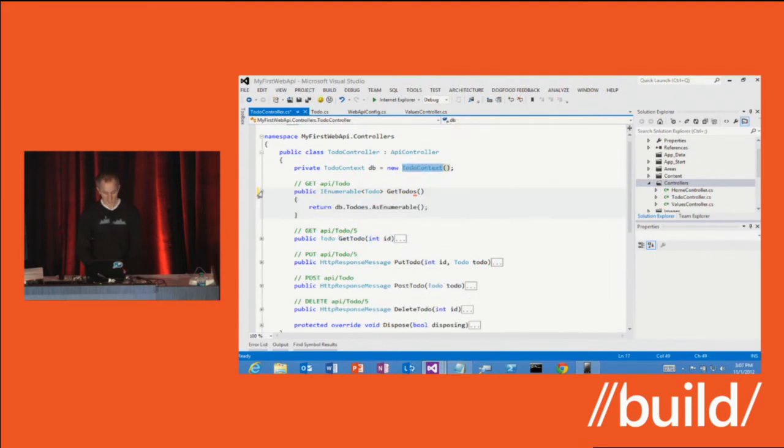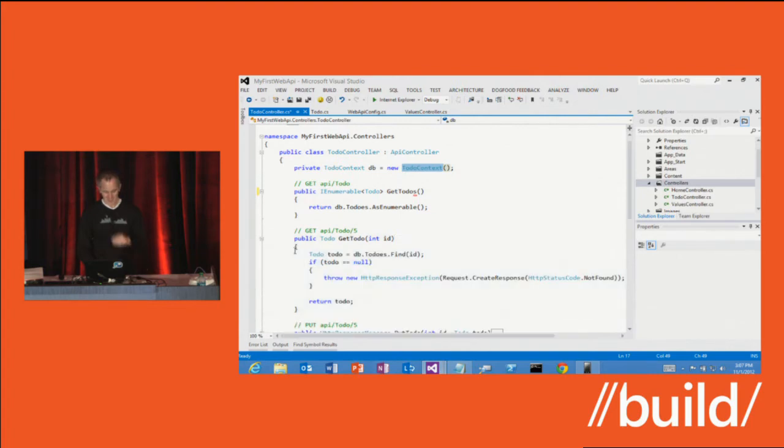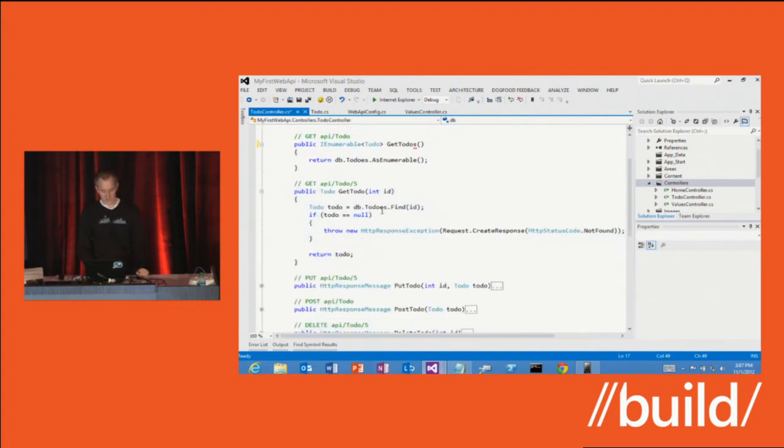All right. So let's look at some of these implementations. I mean, getting all the to-dos, that's really simple. It's just going to get the to-dos. For getting an individual to-do, it's doing a find by ID. Now, this is a little bit interesting. This action is returning a ToDo like you would expect, but there are some error conditions that you need to be able to handle here. Like maybe that item doesn't actually exist, and so you want to return an actual HTTP error response with a real error code. There are two ways I could do that. I could just return an HttpResponseMessage and set the right status code and do whatever I want in that response message. That would mean I'd have to change my signature.